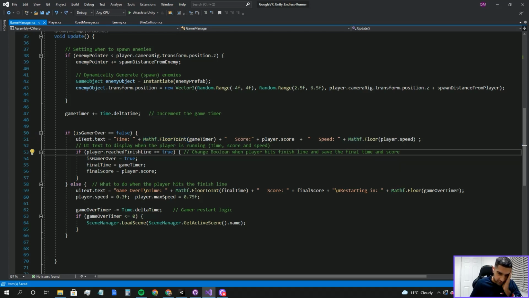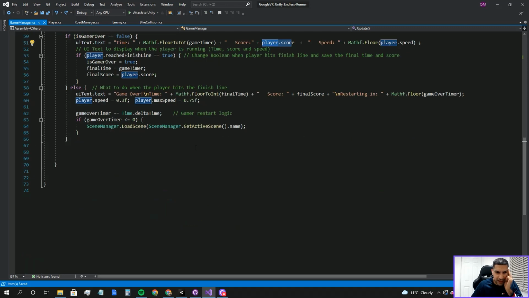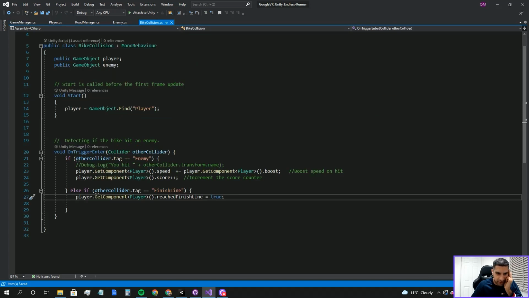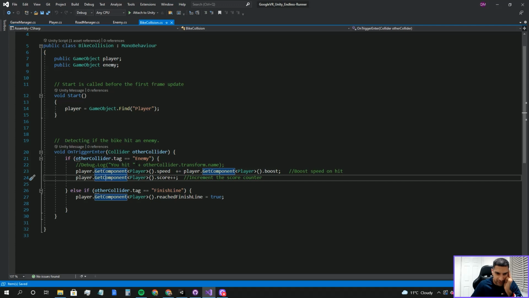So what you do is you're telling it to get the game timer, convert it to an integer, then get the score from the player.score. I believe we have already covered how that score is generated. It was inside the bike collision, if the enemy is hit. Some people also do a not null check just to double check it's been hit, but I don't do that sometimes. If the enemy's hit, the score goes up. So in the game manager,